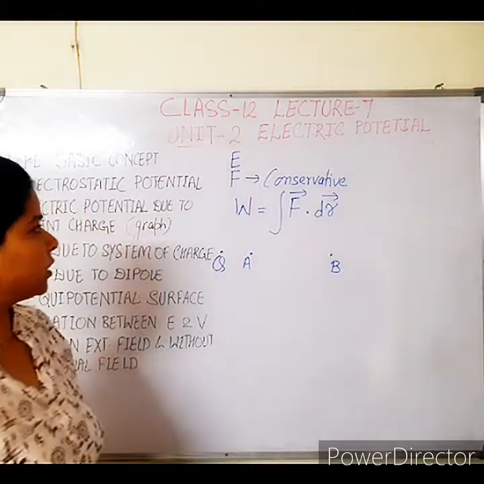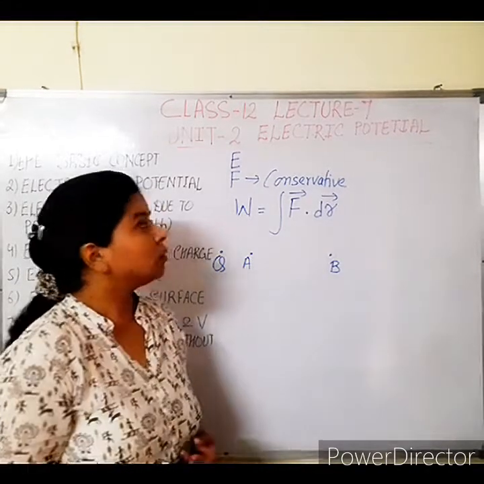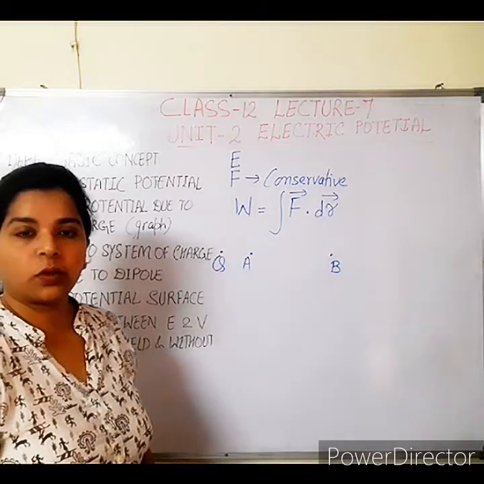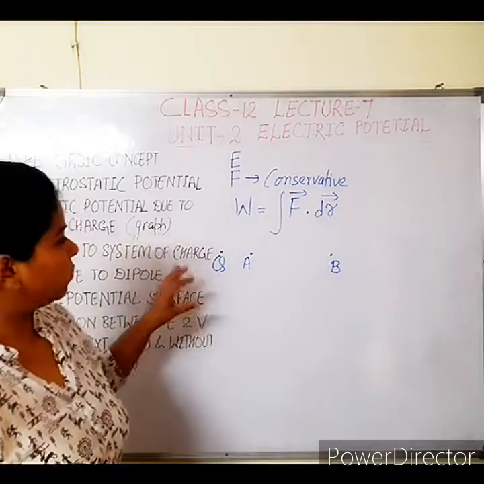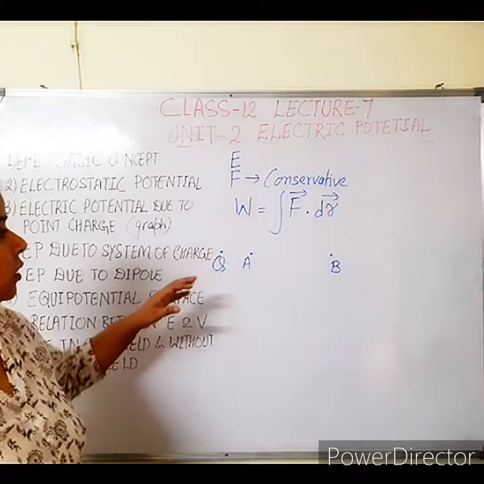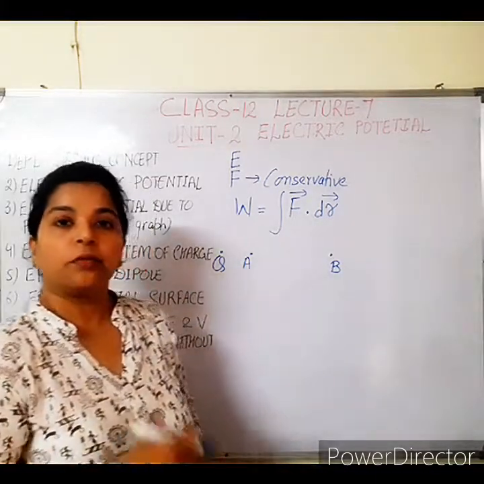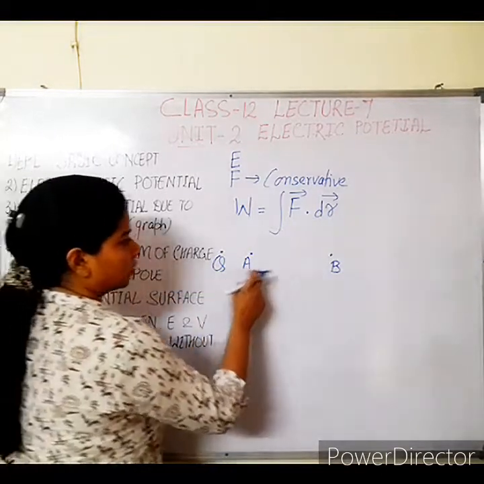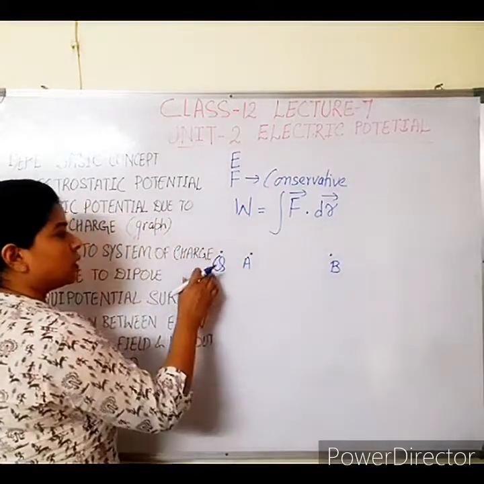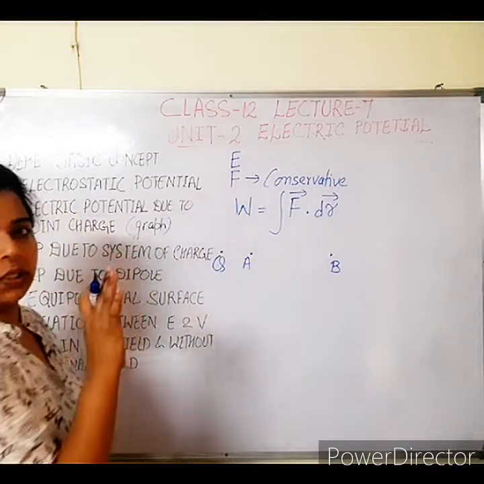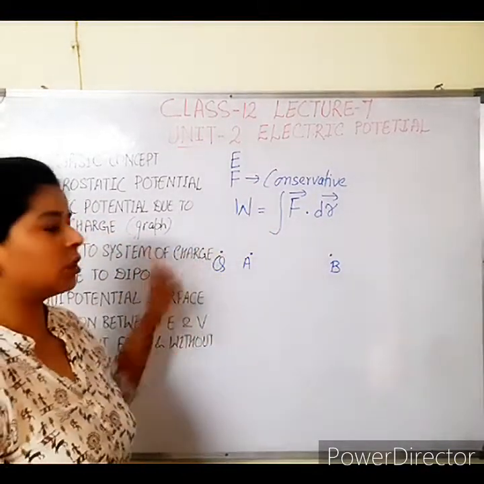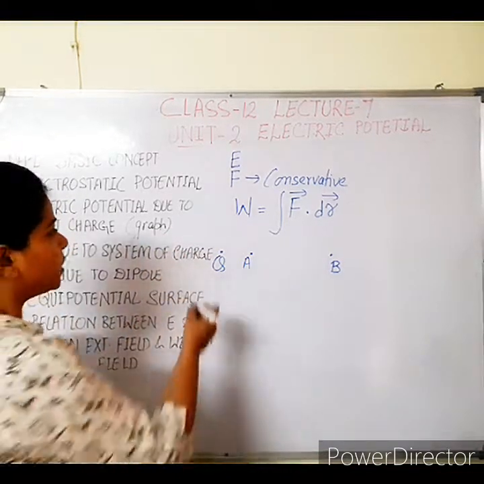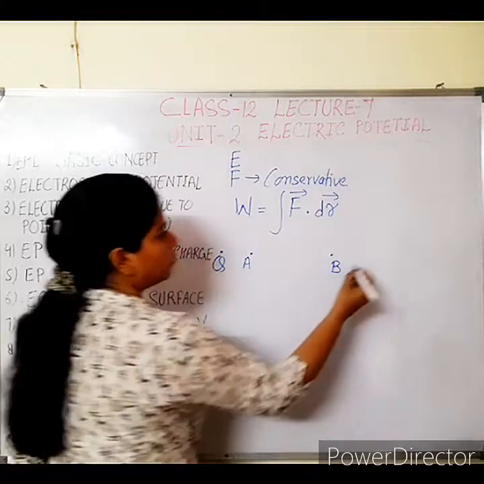I discussed in my lecture number 1, when I was explaining electrostatic charge, what is the meaning of source charge and what is the meaning of test charge. So always remember, keep it in mind why you are using the source charge and where you have to use the test charge. So here it is a source charge, and the 2 points A and B are situated in the electric field of this source charge. You can draw the electric field in a spherical 3-dimensional shape, because it is a point charge.